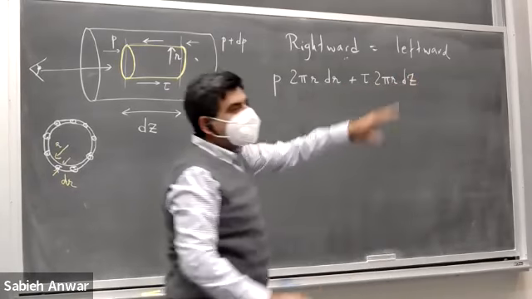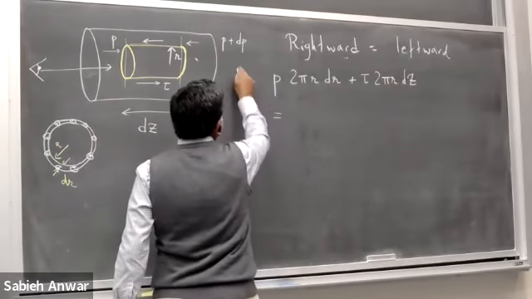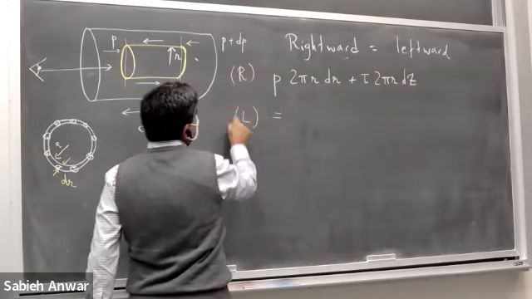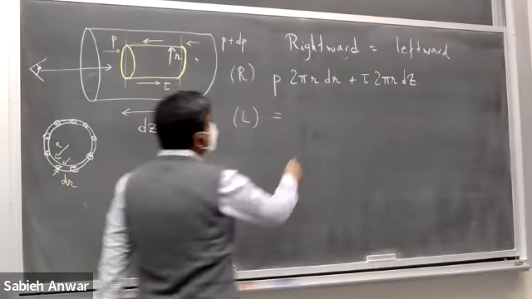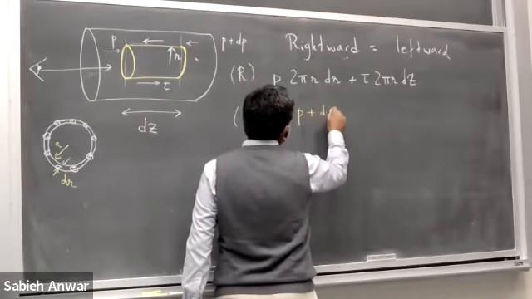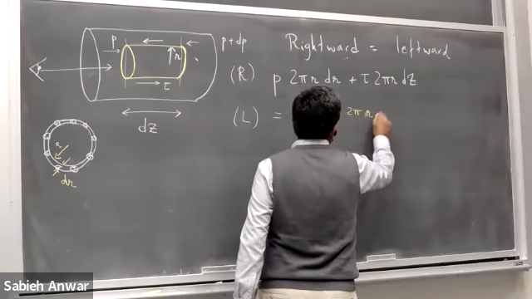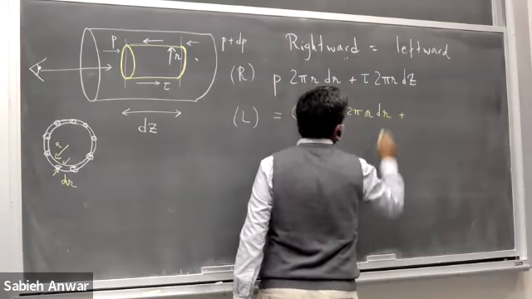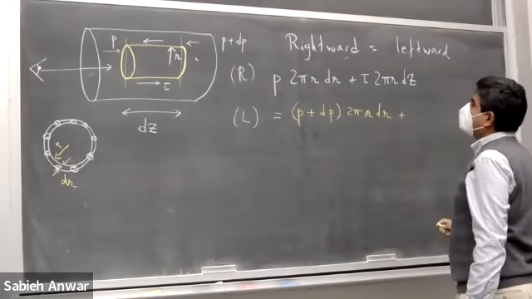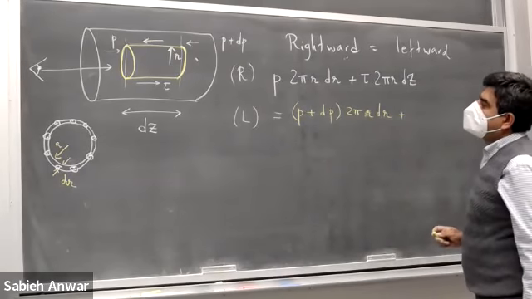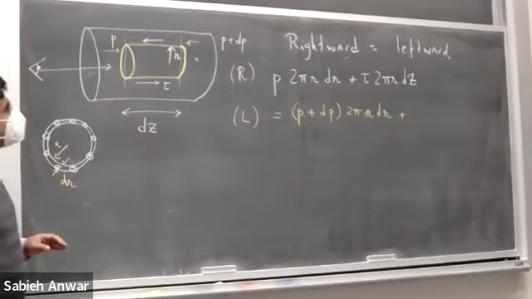So these are the rightward forces. Now you need to equate this to the leftward forces. So these are my right forces. Now I'm going to write down the leftward forces. The pressure has gone up, P plus dP, 2 pi r dr, plus... all right. So now what you would like to consider is,